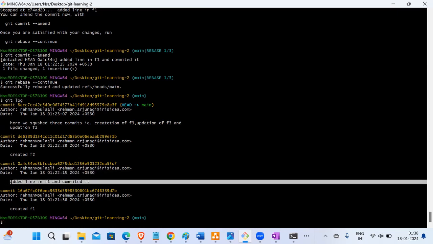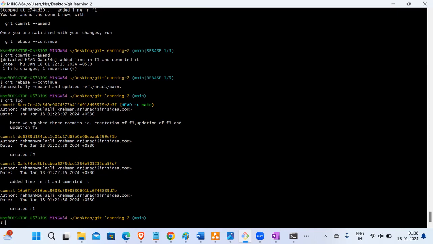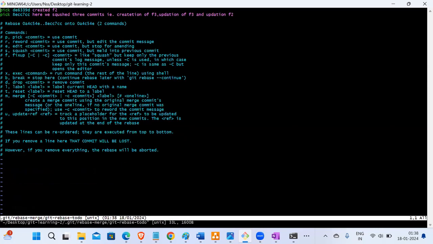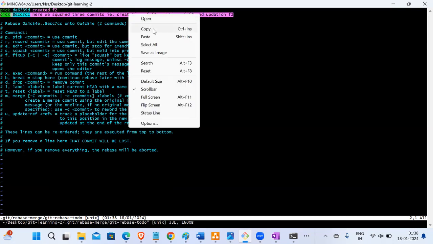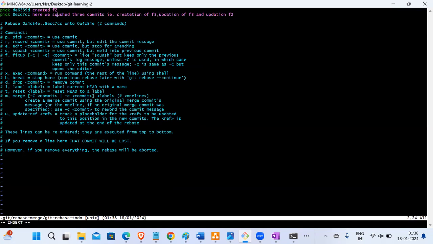Now let's look at the final concept, that is reordering. So let me do it. The command is actually pretty much the same as for squashing, but I will show you what the difference will be. Okay, let's say I want to reorder the first two. This is the thing. Now let's put it first. Okay, I will get into insert mode,